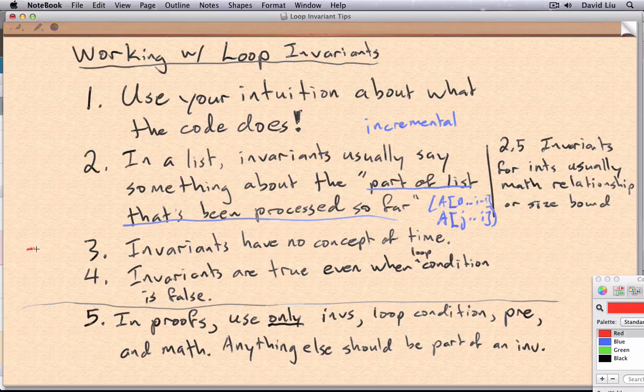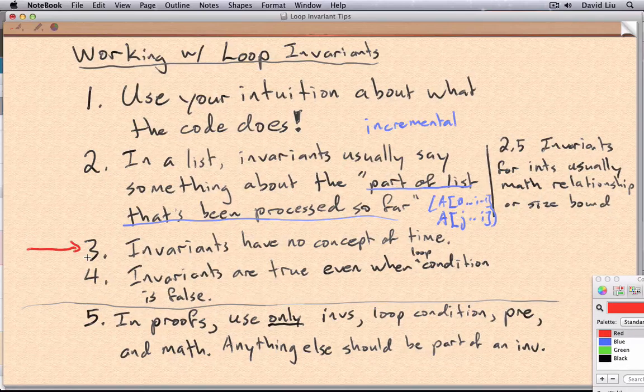Here's an important idea that I talked about in class, but I'll mention again. Loop invariants have no concept of time. They can't tell you what happens in the code in the loop or before the loop or after the loop. They can't tell you anything about what the code is going to do next or what it's done before. They can't even tell you how many times the loop has run. What loop invariants can tell you is that at one particular moment in time, usually when the loop condition is checked, this statement about the variables is true. And we have no idea what's going to happen next,